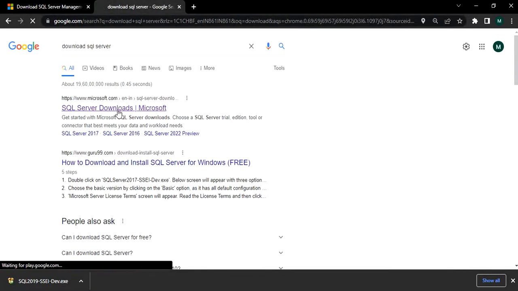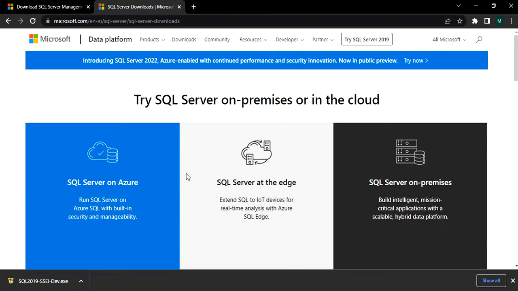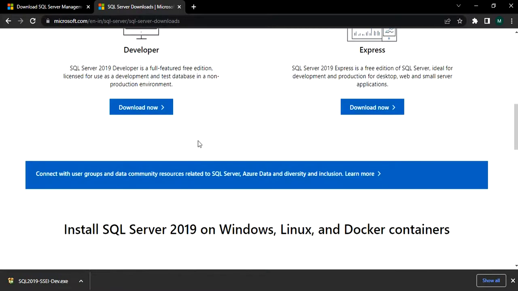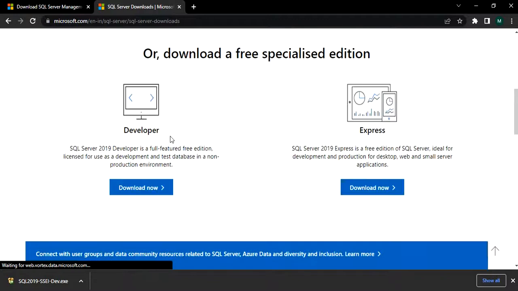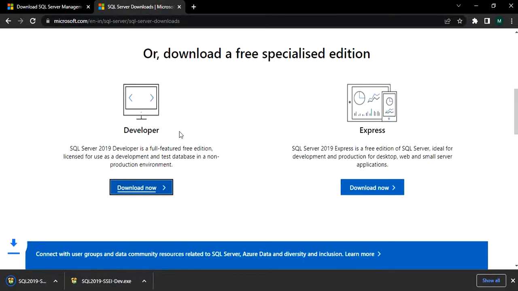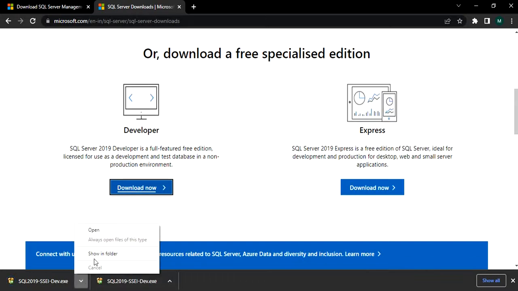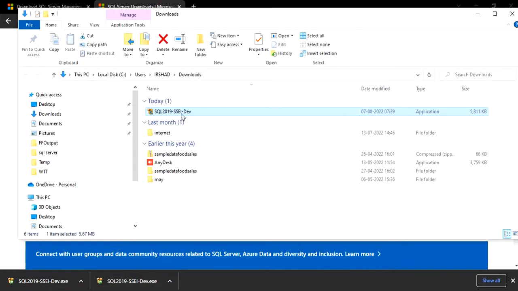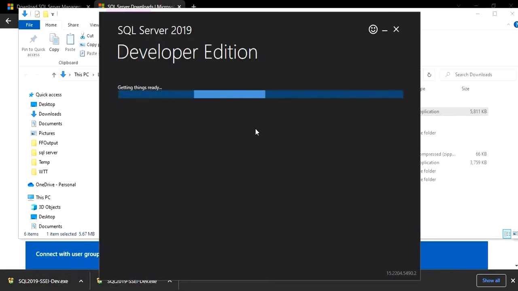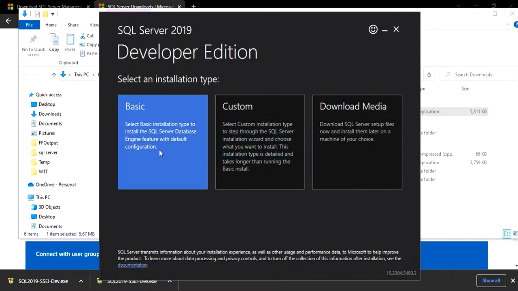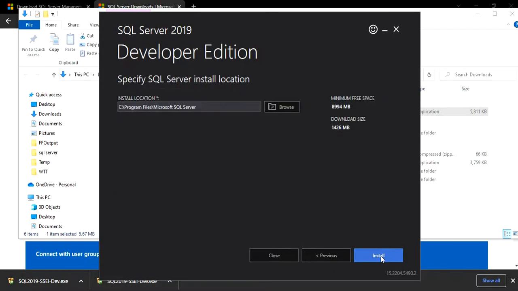Now we are going to install SQL Server, to which we will connect and use the database engine. Once you open the download folder, you have to run it. Let's say we are going to start with the basic, and we have to accept, and we have to give